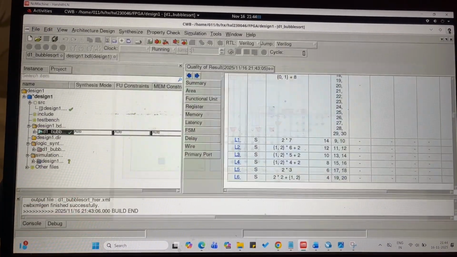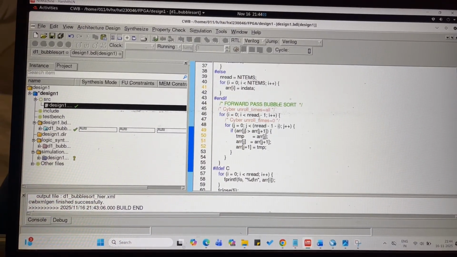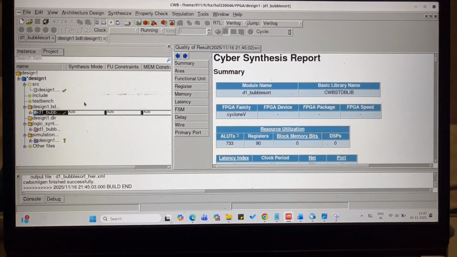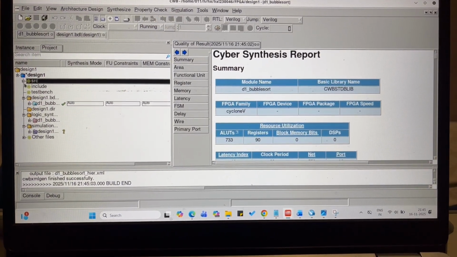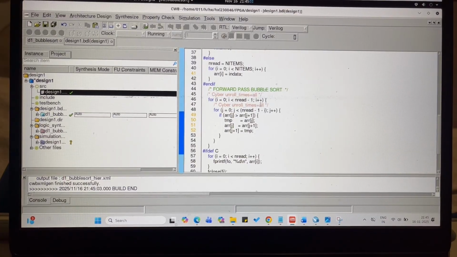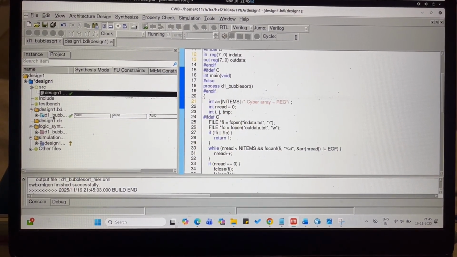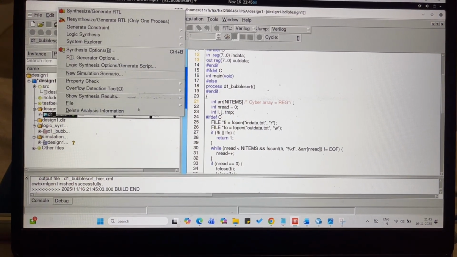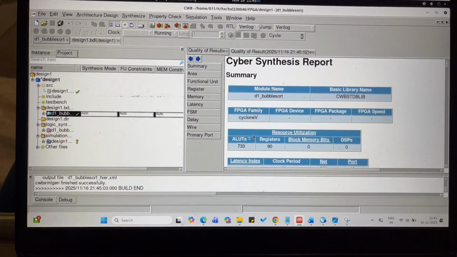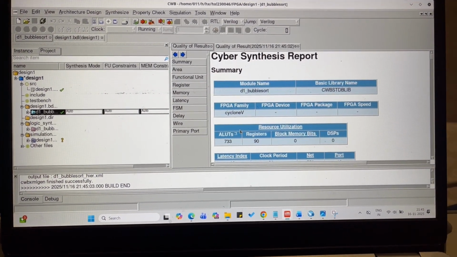Now let's change the design again. Let's change the pragmas again. Let's give both unroll times all. This is the pragma we changed over here. We mentioned unroll times all and registers, and we can see in the report that it's consuming 733 lookup tables and 90 registers,